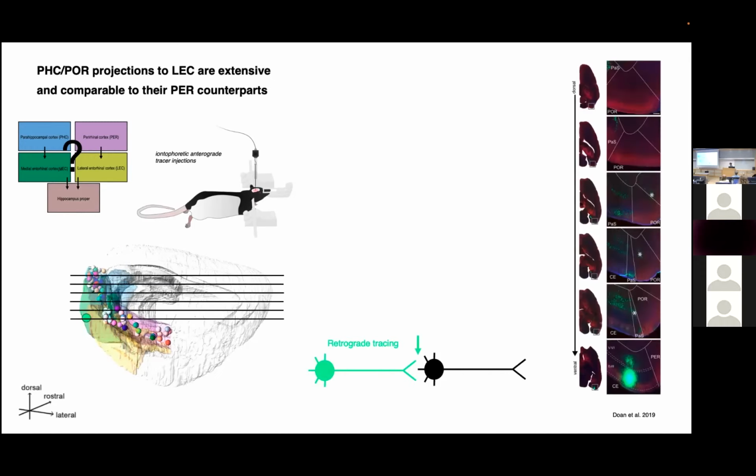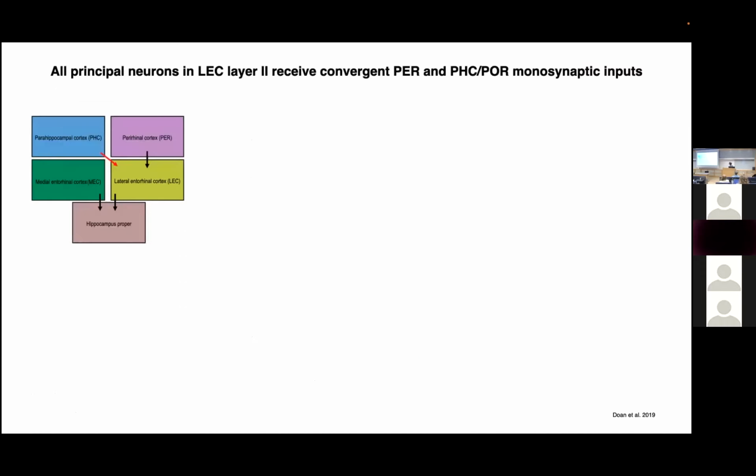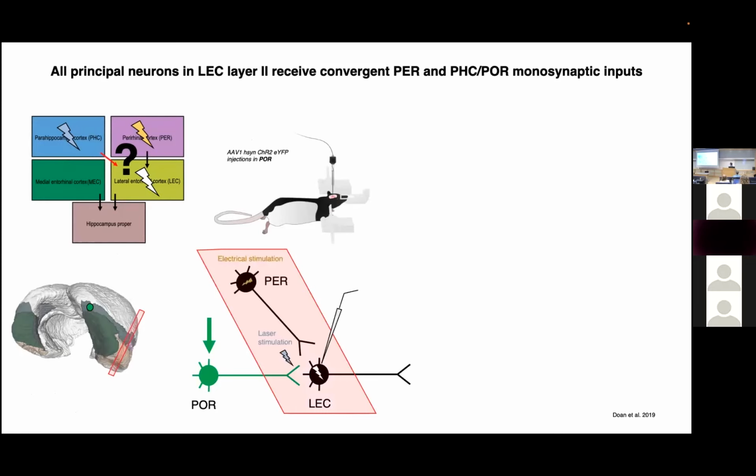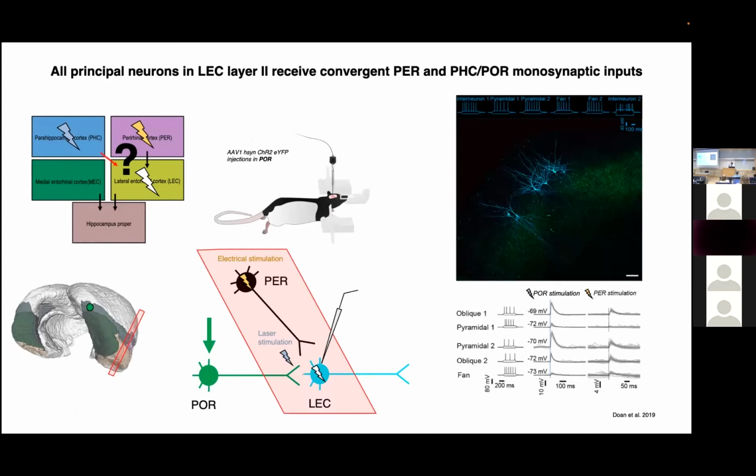We did a control experiment with retrograde tracing just to make sure that we were not doing anything wrong. And then we tested whether this new projection we described was actually synaptically active by doing electrophysiological experiments. I'm running a little bit over time, I'm sorry. But basically, we did both optogenetic stimulation paired with electric stimulation, patching single cells in the lateral entorhinal cortex, and found that single cells in the lateral entorhinal cortex in layer 2, actually, where Alzheimer's disease might start, by the way, receive inputs from both the postrhinal and the perirhinal cortex.